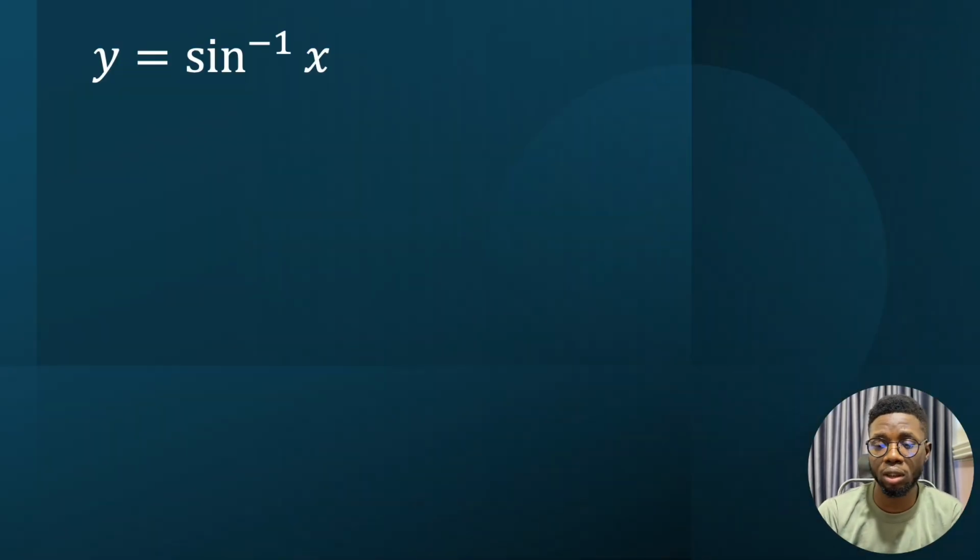Let's start with arcsin x. The first thing you do here is that you're going to take the sine of both sides. Why? Because I want to get rid of this arcsine. That is where the whole thing starts from. So that's the first thing you do when you want to find the derivative of arcsine of any function. So if you take the sine of both sides, this implies that sine of y would definitely be equal to sine of